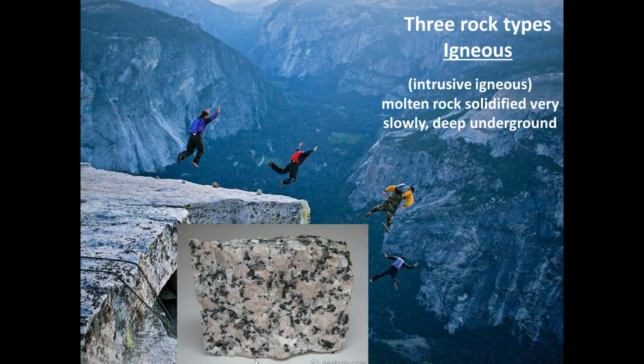If you look at this piece of granite here, you can see some pink spots and some white spots and some black spots. And these are actually different minerals that have crystallized. So these are individual crystals that solidified over very long periods of time, deep underground, after which they were then uplifted by tectonic activity and mountain building and exposed up here for us to see. So all this stuff here was once a gigantic blob of molten rock underground, which solidified and then was uplifted, and anything that was on top of it has eroded and disappeared, and now we get to enjoy it. It's a fascinating story.